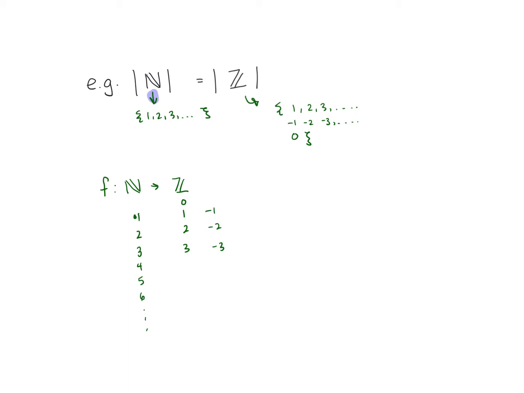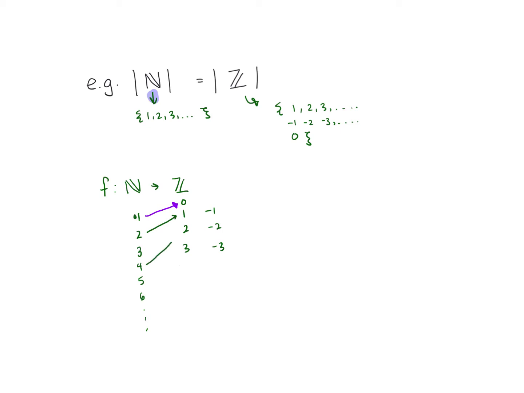So if I started out my function by just having each of these integers go to itself, that's not going to be bijective because I'm going to leave off all of my negative ones. So instead, what we can do is maybe we take 1 and just send that to 0. That's kind of the odd man out. We want to make sure we kept that covered. And then I can send 2 to 1,